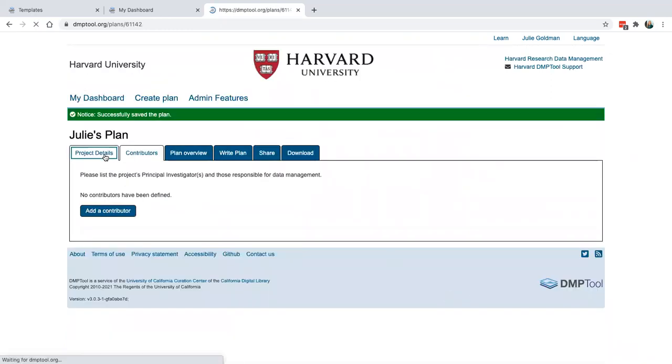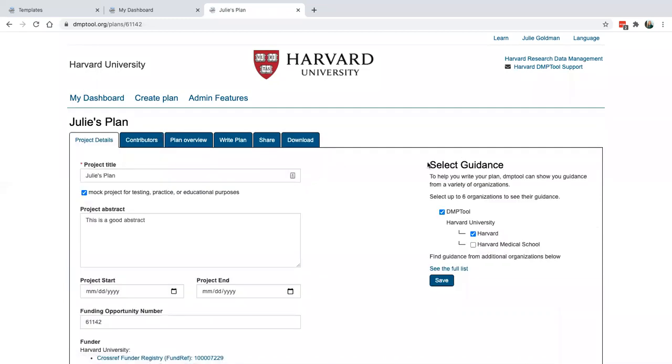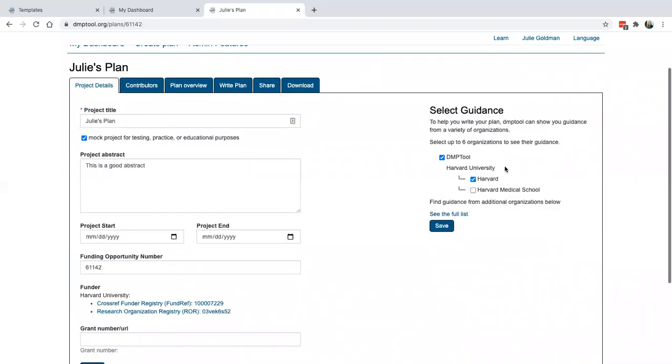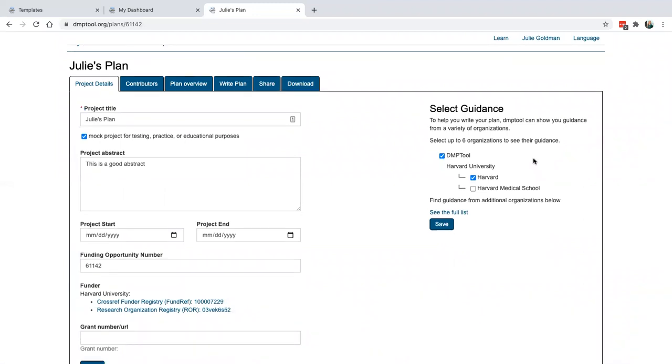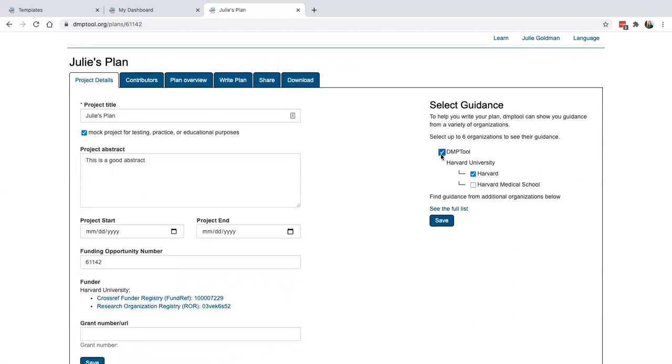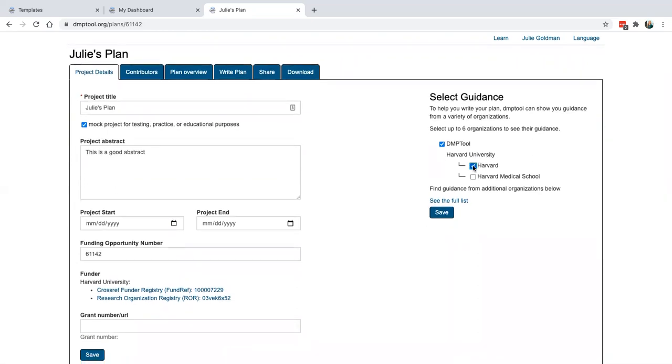I just want to go quickly back to the project details before moving on, because we want to ensure that we're selecting our guidance. So again, we can select where we want to get some guidance from. So we can select DMPTool. That's kind of why we're here, so we want to ensure that we're getting some DMPTool help. At Harvard University, we have some Harvard guidance. Harvard's a big place, so there's lots of different resources and policies. So we could indicate we want Harvard, and then if we're specifically at the medical school, there's some specific guidance